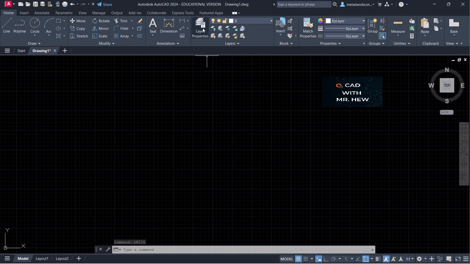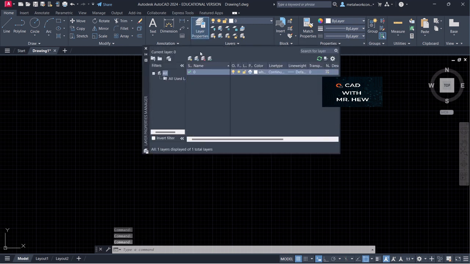We're going to go up to the Layer Properties Manager, click this icon, and make a new layer. The first layer that we're going to make is a construction layer. The next layer we're going to make is an outline layer. The next layer we're going to make is the